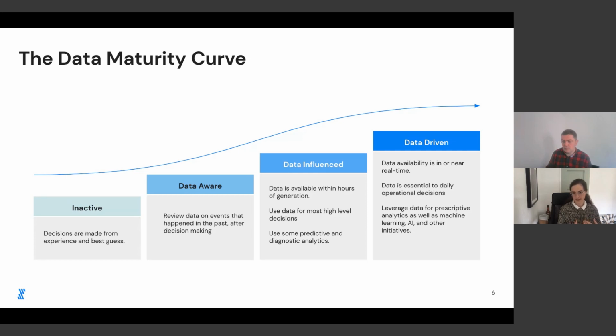If you're a truly data-driven company, data is basically essential to your daily operational decisions. So what this looks like is, say you're a sales rep, and instead of just looking at your calendar and going to the meetings you're supposed to be in every day, and maybe looking at your numbers at the end of the day or the end of the week,